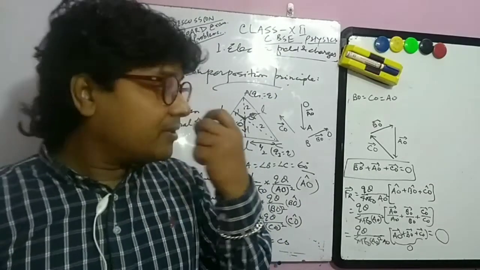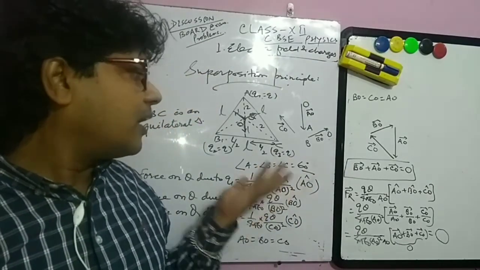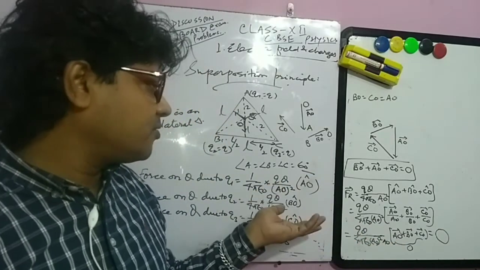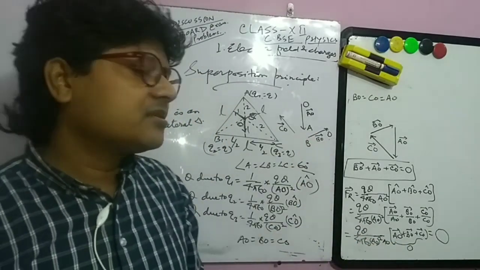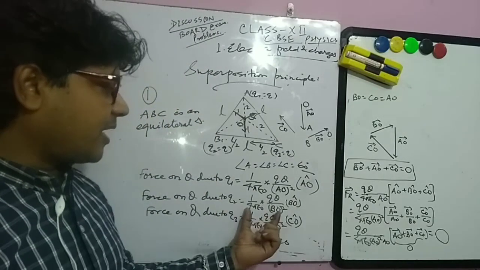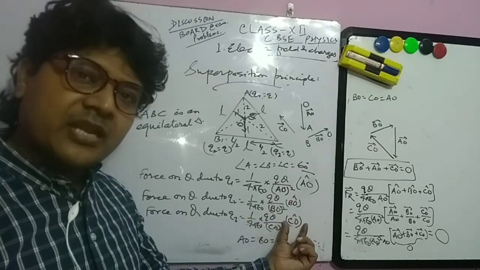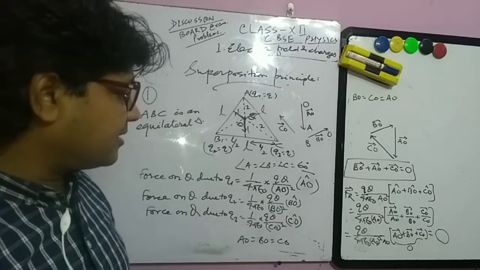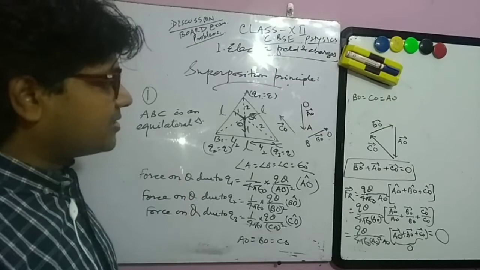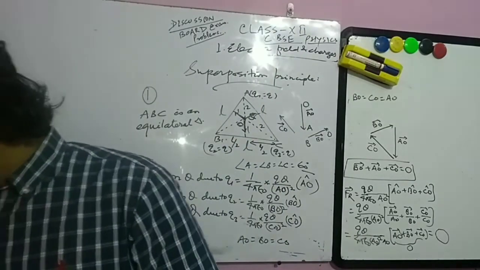If we have a good concept of vector, we hardly take 3 to 4 or 5 minutes to solve this type of problem. So we must have good knowledge of vector. This is the magnitude, and this unit vector is giving its direction. So if we get it in this form, we don't have any problem, we need not worry that we might make a mistake, no, it won't be wrong, right? Thank you.